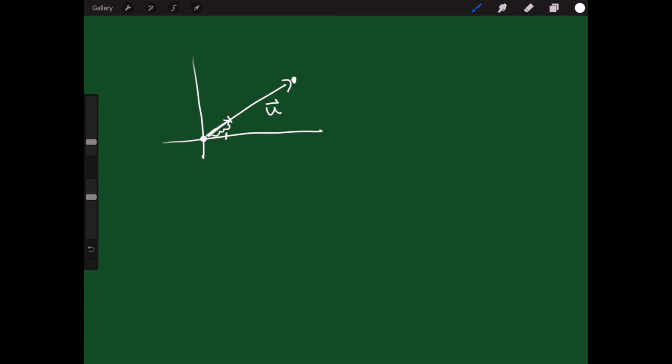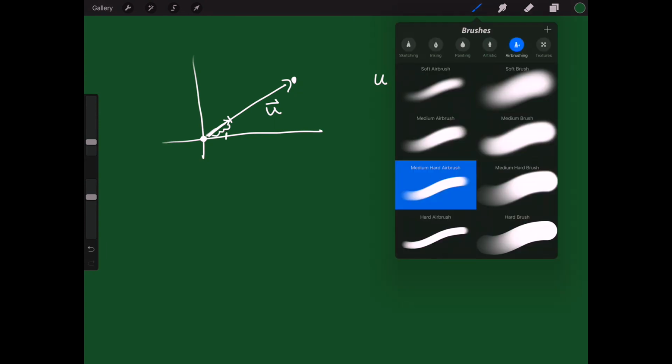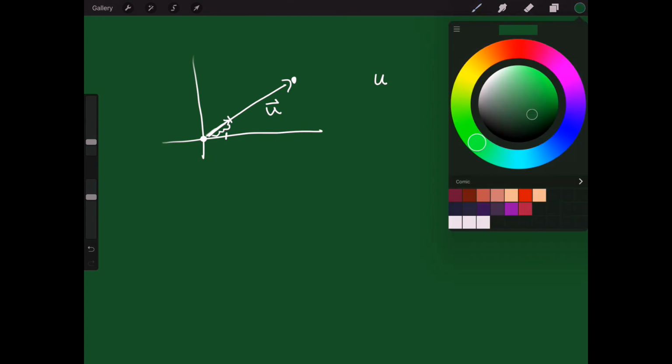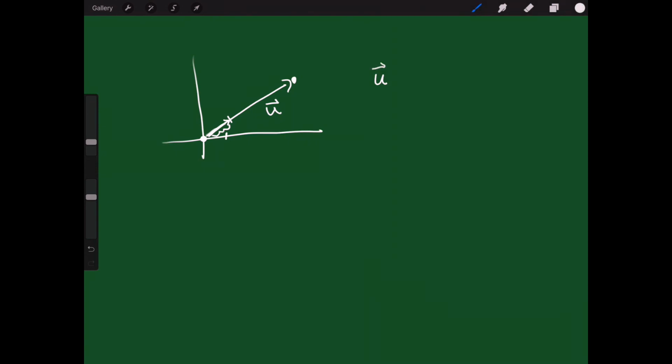If you want a unit vector, you take u and you're going to divide u by the magnitude of u. And this will give you a unit vector